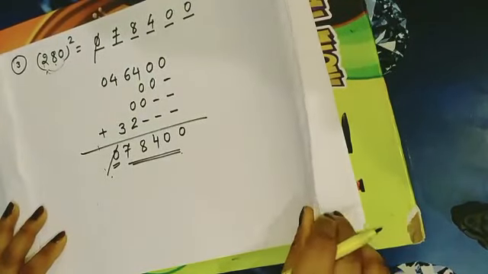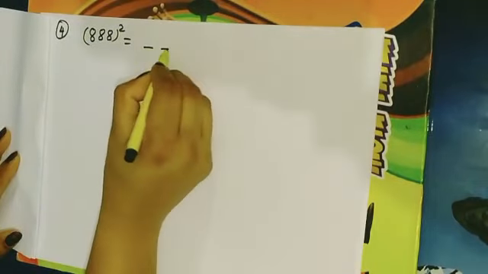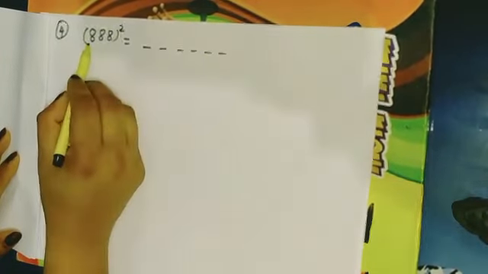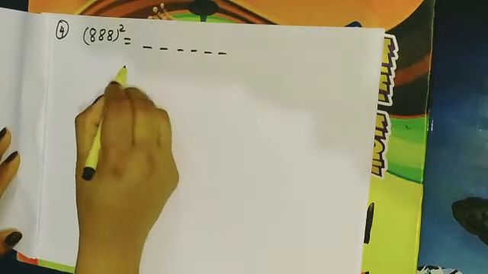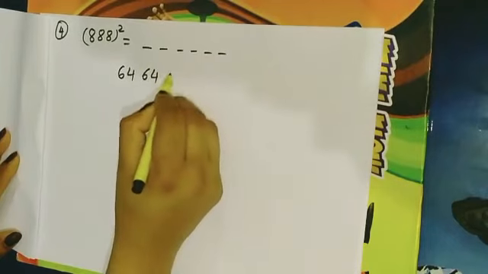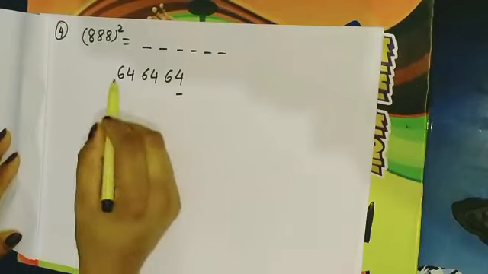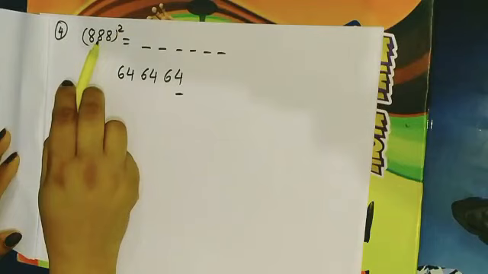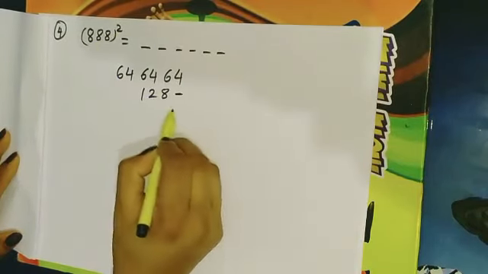Now just to clear this, let's take another example. Here I am taking the next example, that is 888. I am creating 6 spaces. Here the value of A, B and C all are 8. So here I am writing A square 64, B square 64 and C square 64. Now we need to keep one space blank. One space blank here. 2BC. 2 cross 8, that is 16. 16 cross 8, it is 128. So here I am getting 128.